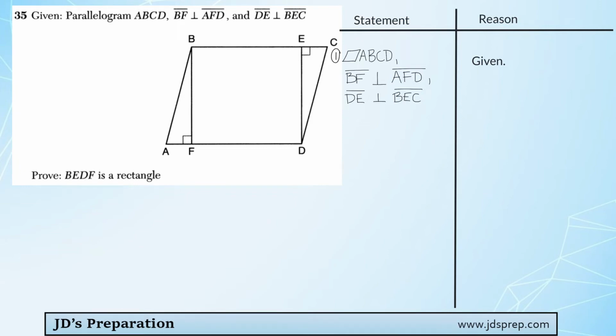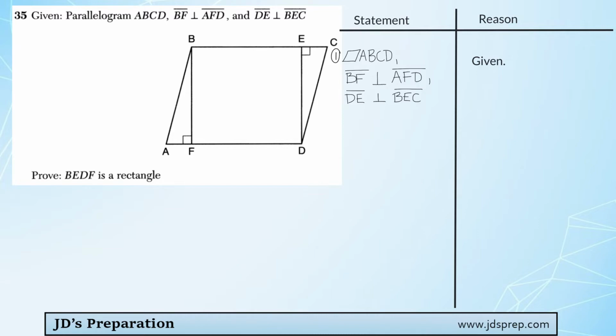In this problem, we're trying to write down a proof that shows BEDF is a rectangle. So you can see I've already started out my chart with the first statement that we're dealing with a parallelogram ABCD, and we're told that BF is perpendicular to AFD and DE is perpendicular to BEC. Now, the strategy I'm going to use here is to first show that